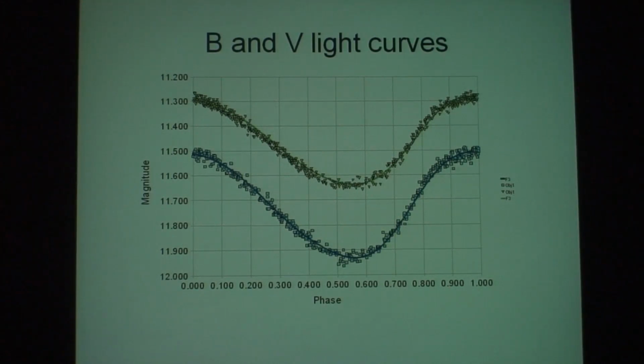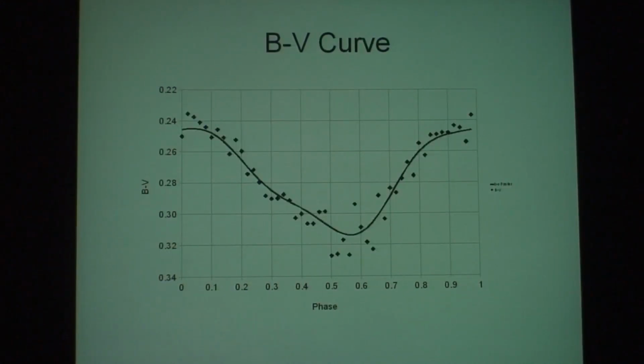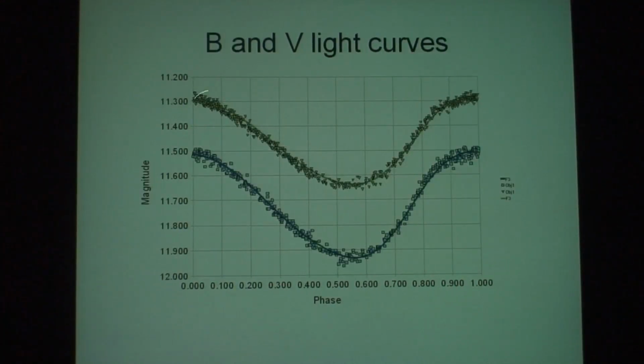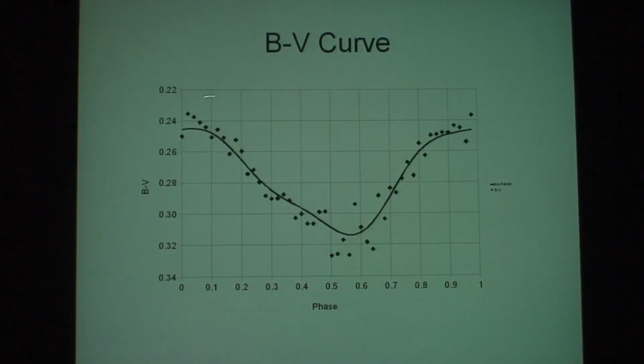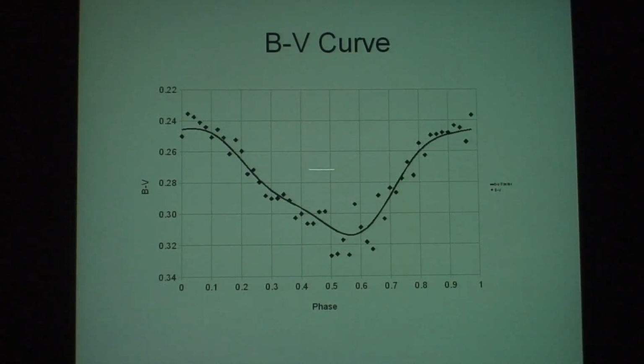So we want to get the temperature. If we subtract the V magnitudes from the B magnitudes, we get a B minus V curve. So this is our color index. And basically what it shows us, if you think back to the, can we go back? Yes, we can. When the star is brightest, faintest at the middle, and brightest. So when it's brightest, it's also bluest. When it's faintest, it's reddest, and then it goes back. This could be interesting. But first, we see the average color here is about 0.28.